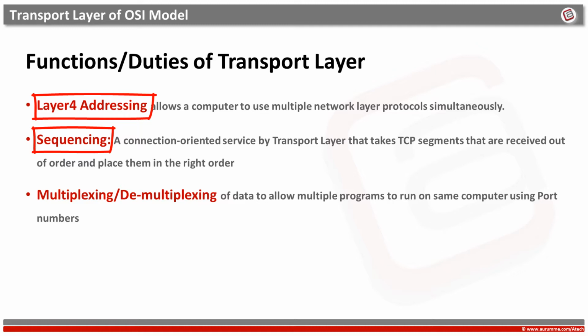Transport layer also performs multiplexing and demultiplexing of data to allow multiple programs to run on the same computer using different port numbers. In modern multitasking environments, many network applications need to run on a computer simultaneously. So there should be some mechanism to identify which application should receive the incoming data. To make this work correctly, incoming data from different applications is multiplexed at the transport layer and is sent to